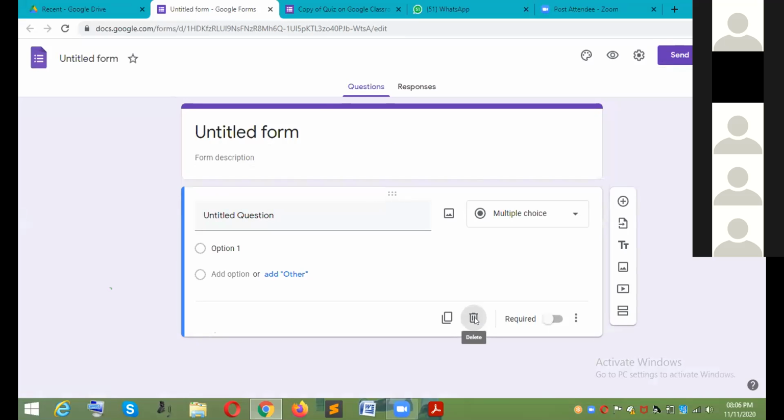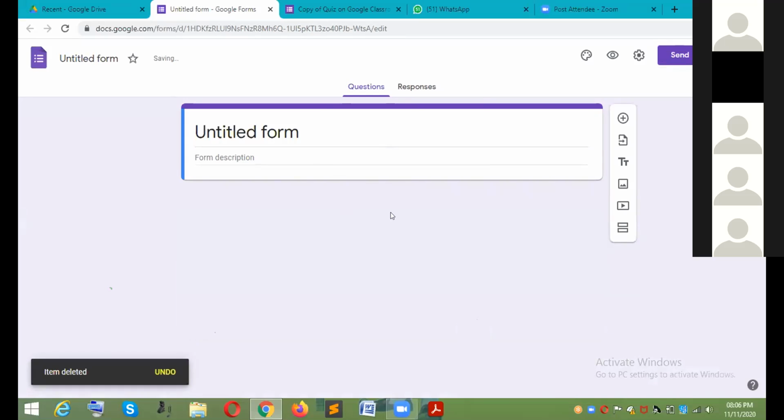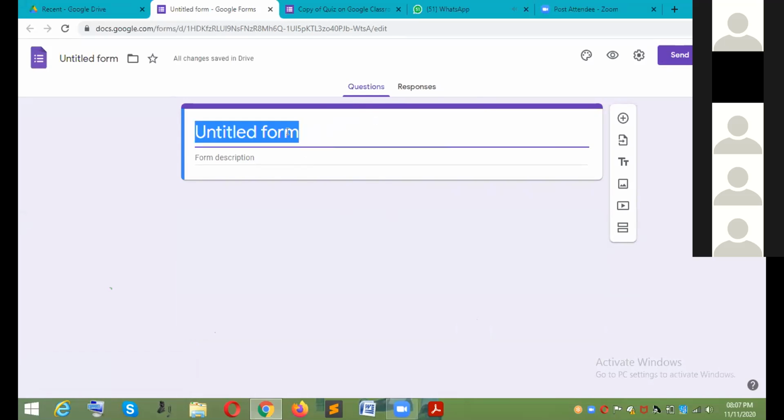Only you will get this type of form. This is called a blank form, and you can edit it. Edit means you can make many changes according to the purpose for which you have opened it. That means we need to add the title, then go for the description. For example, I may take the title as quiz. Of course, I'm not teaching Google Form, but as you said,